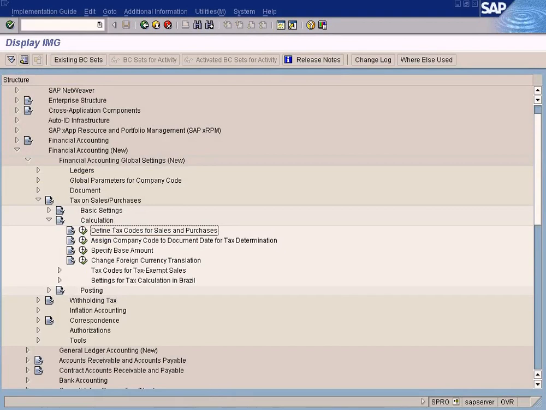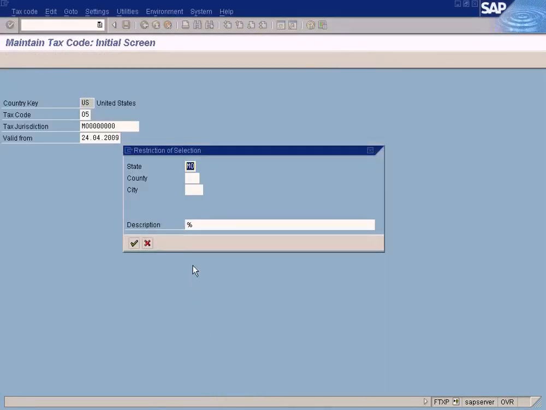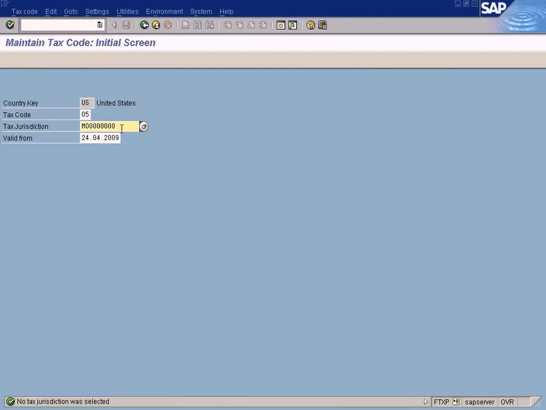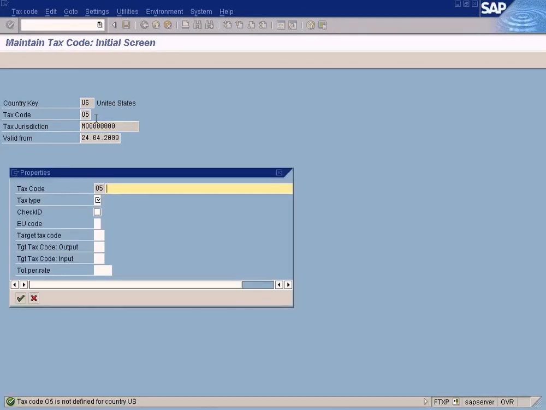You know how the system knows which country to assign it to. Alright, so when I say Missouri, then this tax code that we're going to define is only applicable for Missouri, okay? So you can have a different tax code for different tax jurisdiction. This is only for US. Tax output tax for